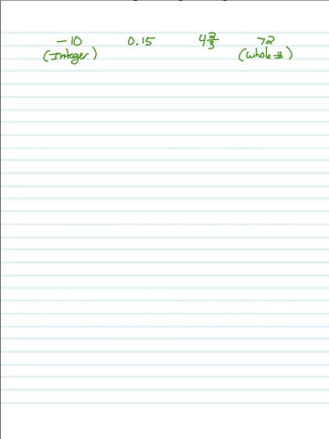Our other two examples, 0.15 and 4 2/3, are not integers. Now, to determine whether each of these is a rational number, we have to be able to express each as a fraction. The decimal 0.15 can be read as 15 hundredths,